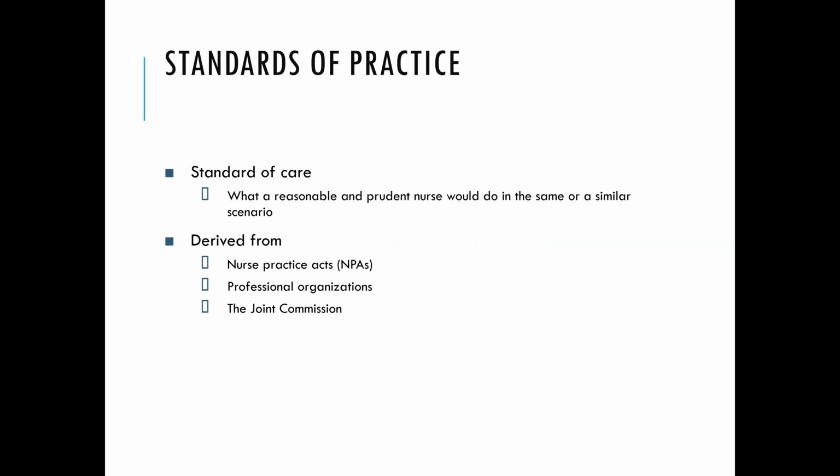Okay, so in malpractice, attorneys are going to look for several sources of information to identify the standards of care and determine what a reasonable and careful nurse would have done in the same or a similar situation. The sources they're going to use include the Nurse Practice Act, job descriptions, hospital policies and procedures, textbooks, professional standards and guidelines, things like that. So that's our standard of care.